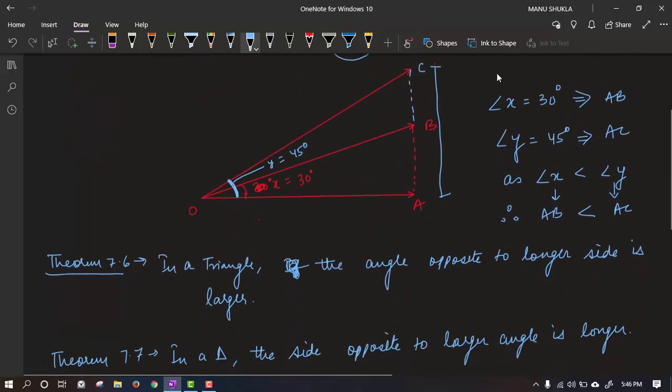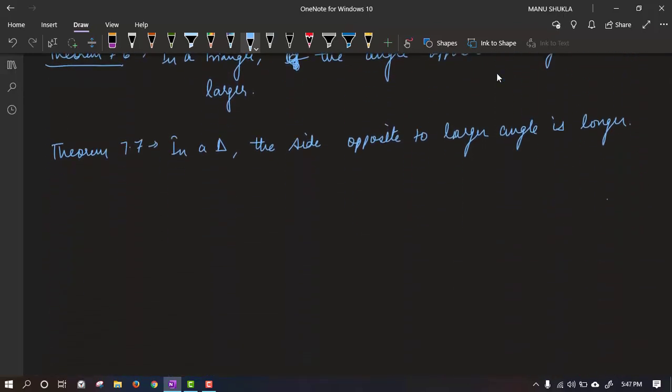This also we have used in the case of right angle triangle. If you remember, we used to see always how to find the longest side. In a right angle triangle, we used to say that the side opposite to the right angle is the hypotenuse. There was a clue that the right angle is the largest angle in this triangle ABC, so the side opposite to this angle will obviously be the longest one. So this angle was largest in a right angle triangle, hence this side was the longest one, or our hypotenuse. So I hope this clue is clear to you now.